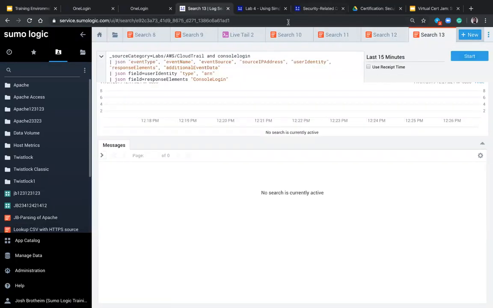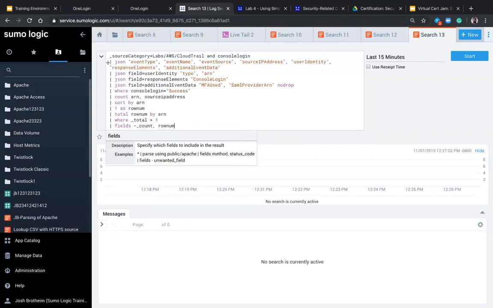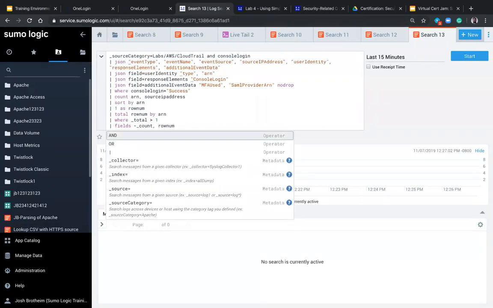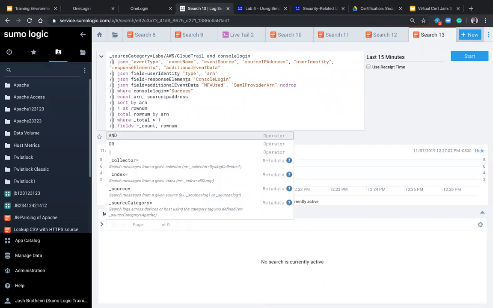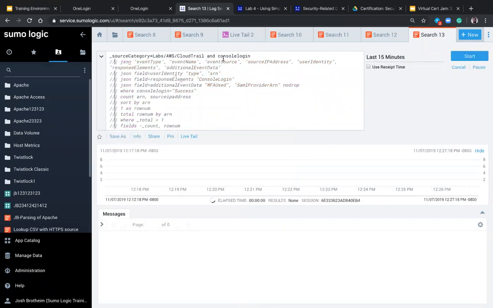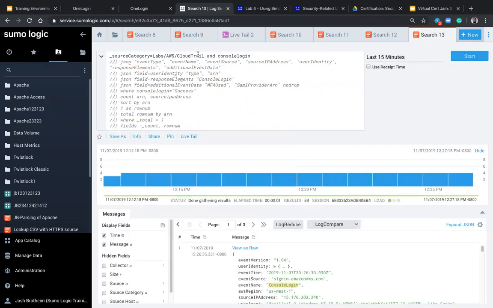Okay, so let me paste it in, comment off, one more in there. Sorry about that. All right, so in the first line, grabbing that CloudTrail data again, but this time we're going